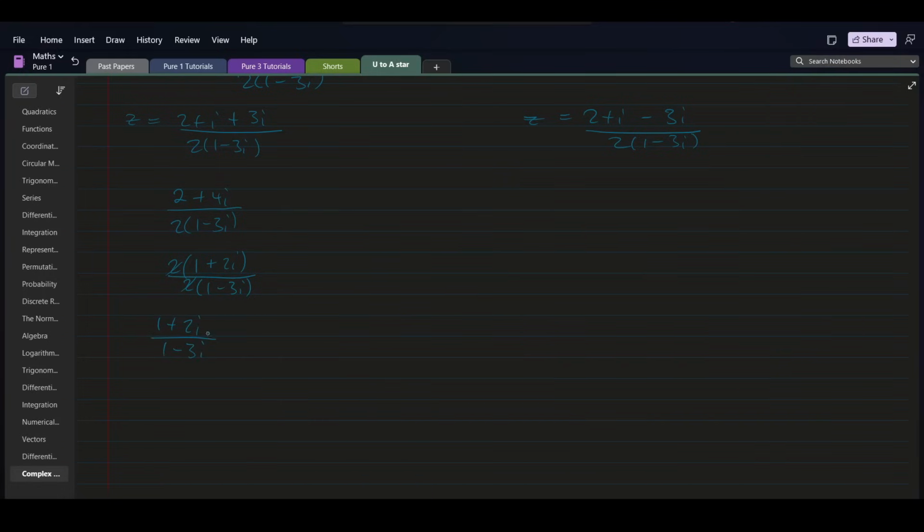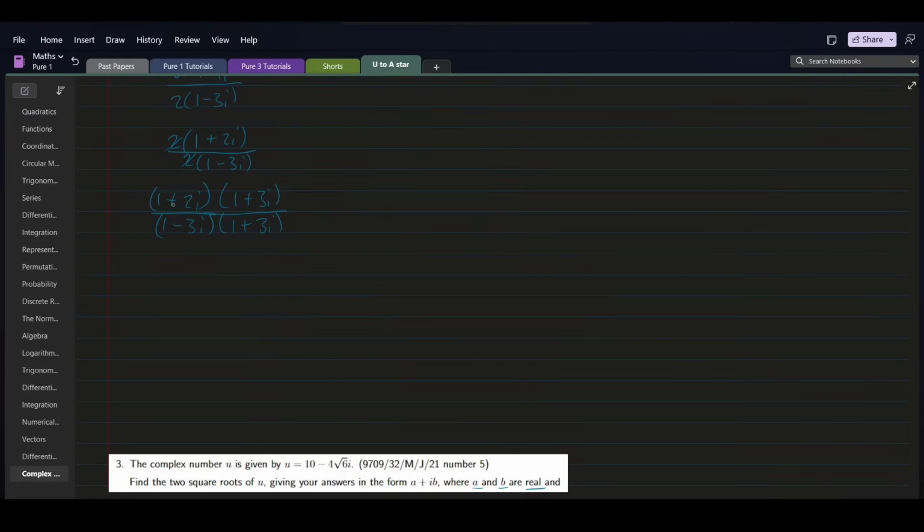They want their answers in the form x plus iy, which means we have to carry out division of our complex number. So that's multiplying by the complex conjugate of 1 minus 3i, so that's 1 plus 3i. If we simplify this, this would be 1 times 1, so that gives us 1, and then we've got 1 times 3i, that's 3i, plus 2i times 1, that's 2i, so 5i, and then 2i times 3i gives us 6i squared, and this is over